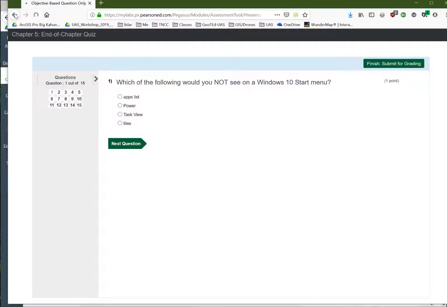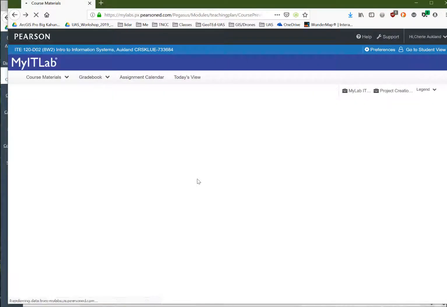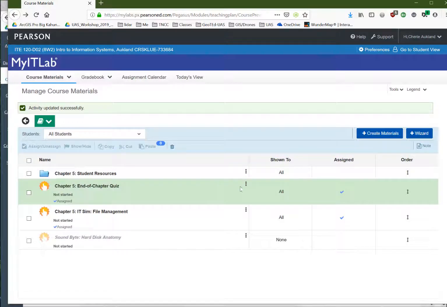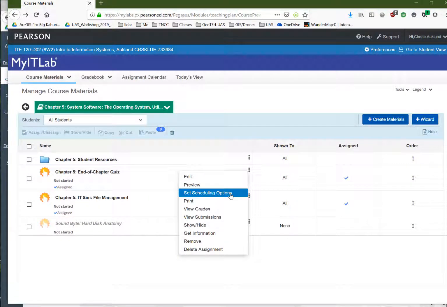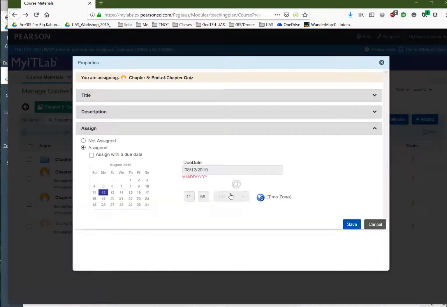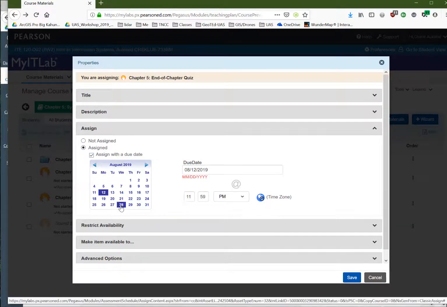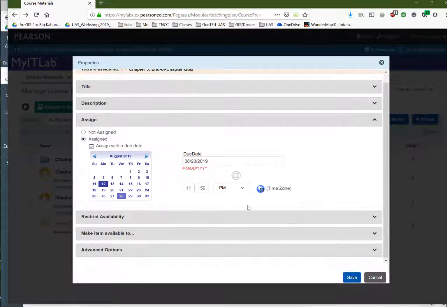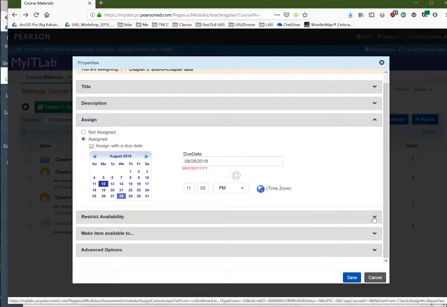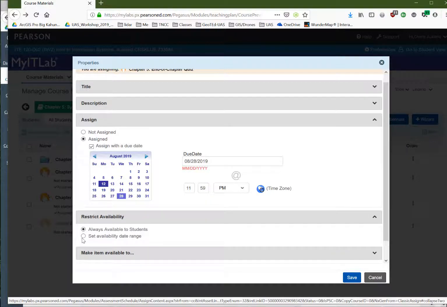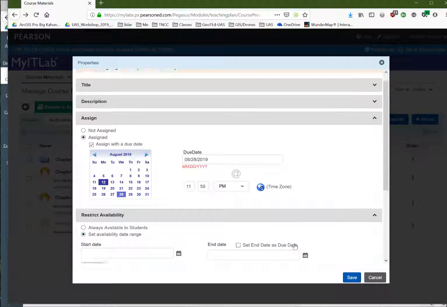All right, now I actually started it, so let's get out of that. The mouse movements here are really tiny. Okay, so there we go. I'm going to set my scheduling options. And in here is where you want to assign it with a due date. So suppose, since this is August 12th, I'm just going to assign it to be due on the 28th of August at 11:59 p.m. I'm going to restrict the availability, and I'm going to set that availability date range to be,